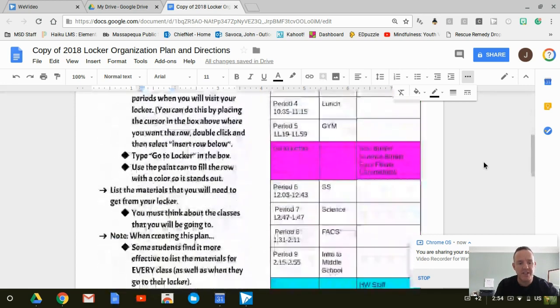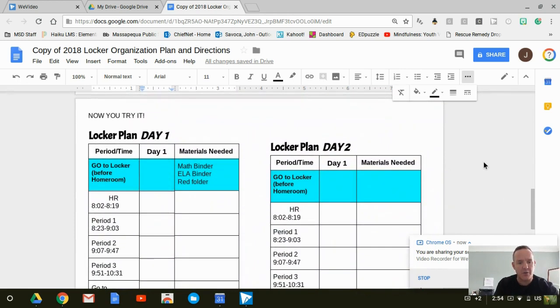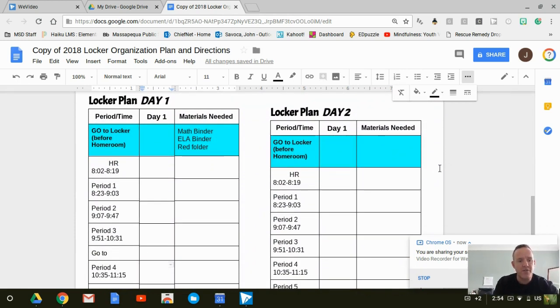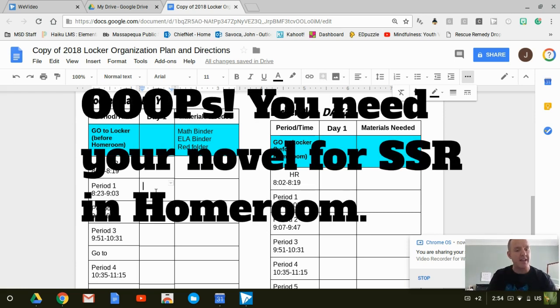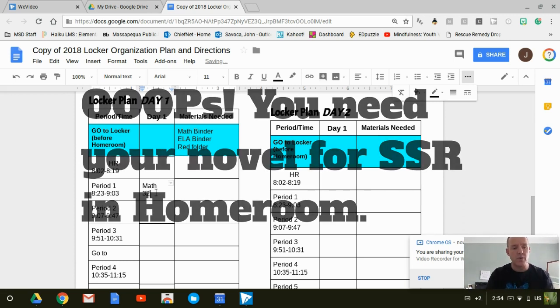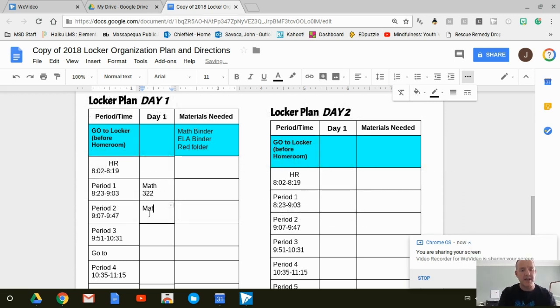So on the second page is where you will find a locker plan for day one and locker plan for day two. So the first thing you're going to do is just copy your schedule into the template, right? And so you have homeroom day one and materials needed. You're not going to need anything for homeroom, right? So we're just going to leave that blank. So let's pretend for a second we have math first period in room 322 and math second period in room 322, and then we have ELA in room 318,